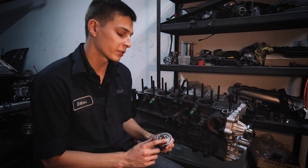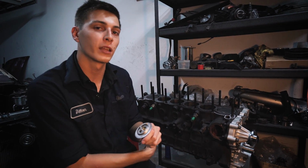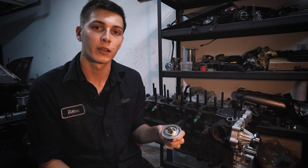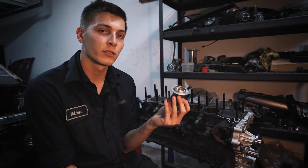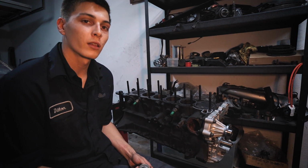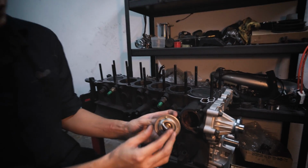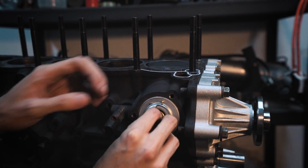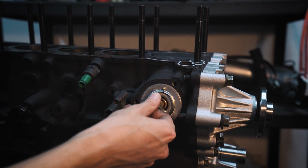A little something about the thermostat is it only opens up the coolant flow to the engine block once it hits a certain temperature. This part in particular opens up at 170 degrees Fahrenheit. They do make colder ones on the market, but this is just readily available, so we can buy it at any time. And when installing the thermostat, it has this little bleeder valve, I guess, and you want to have it pointed directly facing up, and you just place it in that position. You just want to have it lined up as straight as possible,